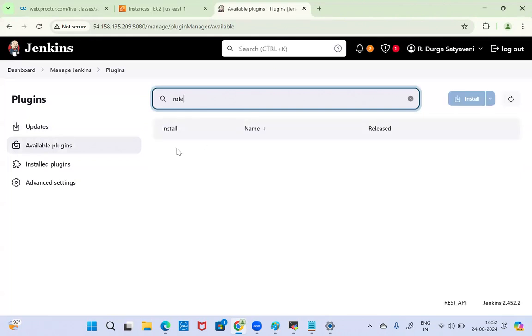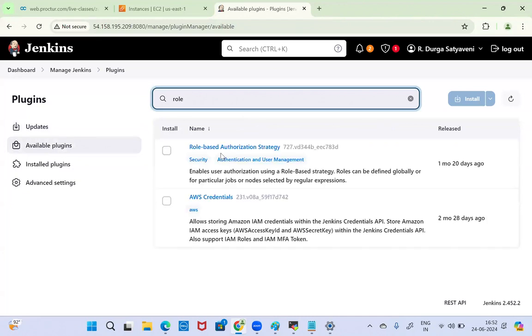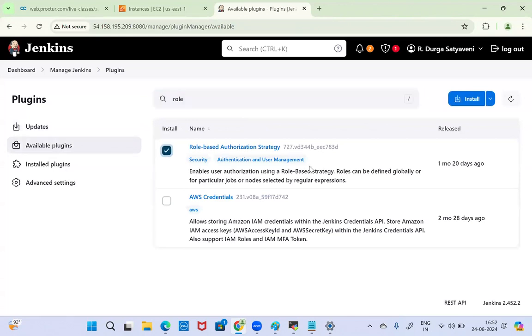Are you seeing this one? Role-based authorization. Click on install. The moment you install it, automatically we can go to the settings and configure the